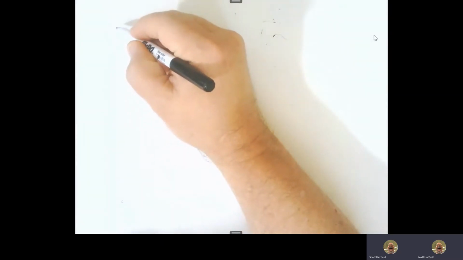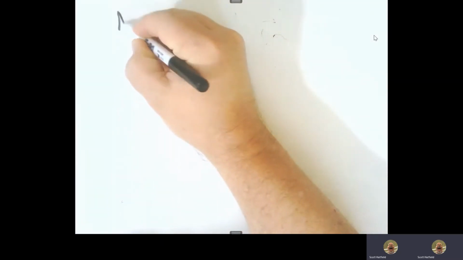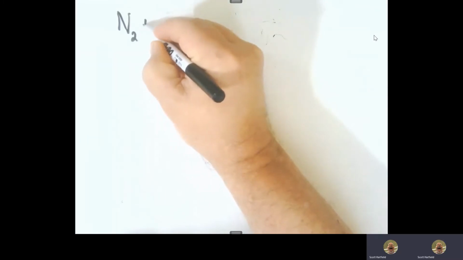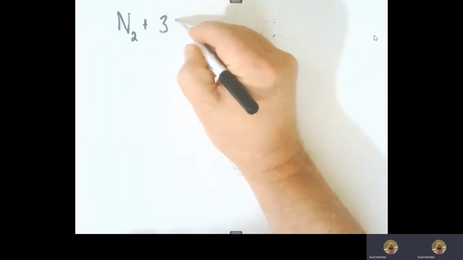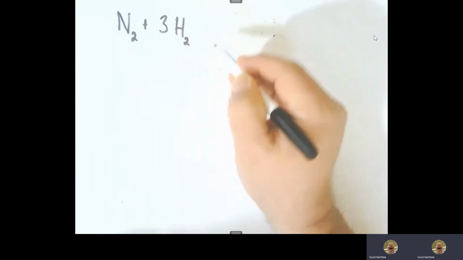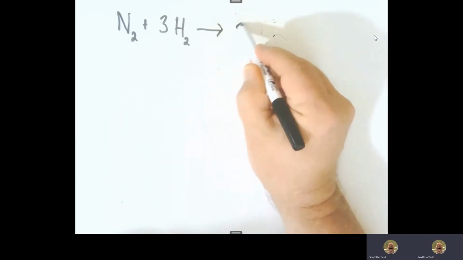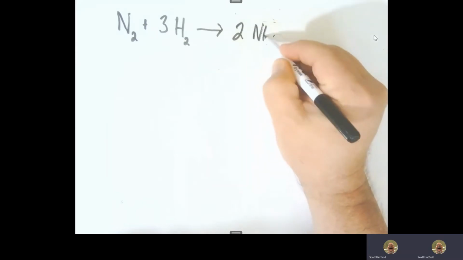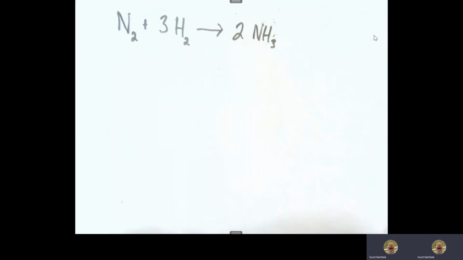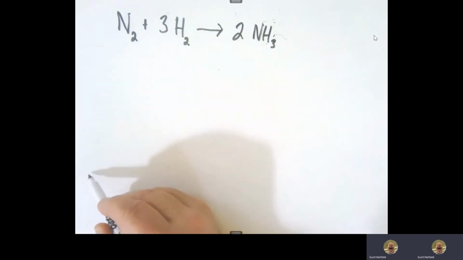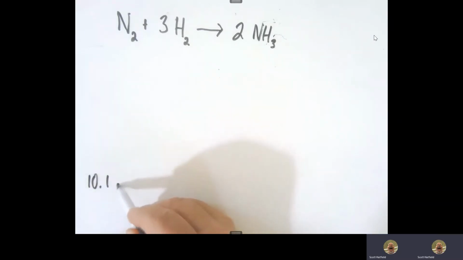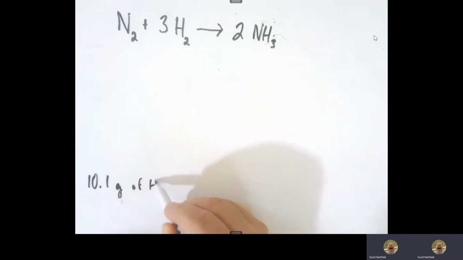This is going to be using the equation where atmospheric nitrogen reacts with atmospheric hydrogen, N2 plus H2, in a 1:3 ratio, and it produces 2 moles of ammonia, NH3. Now, what I'd like to do is answer a question. The question I want to answer is, if I have 10.1 grams of hydrogen,